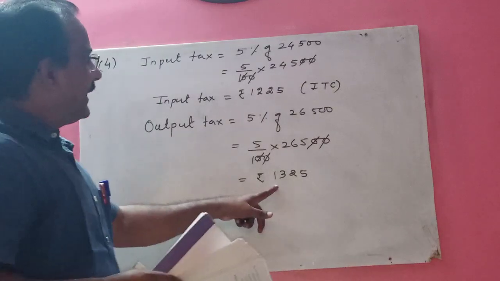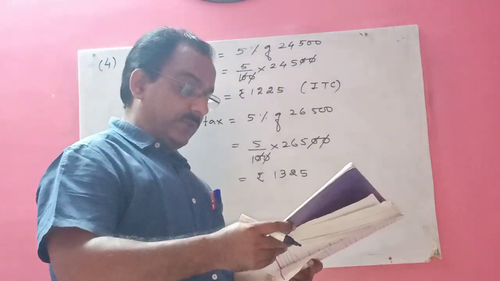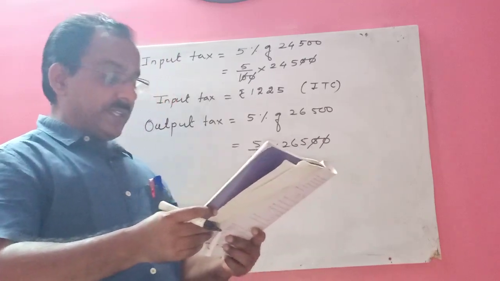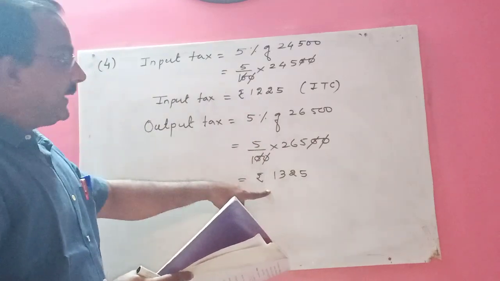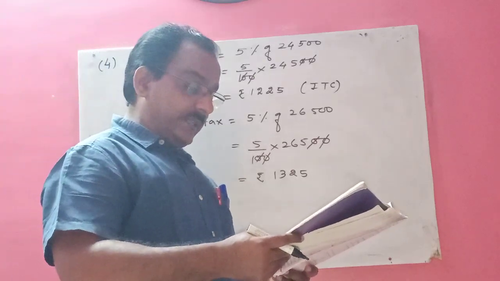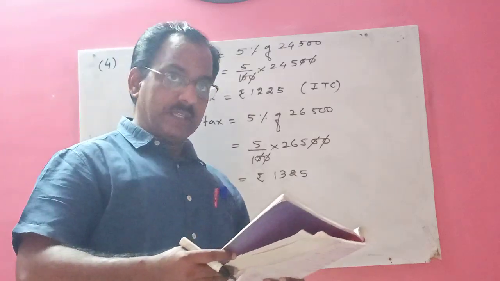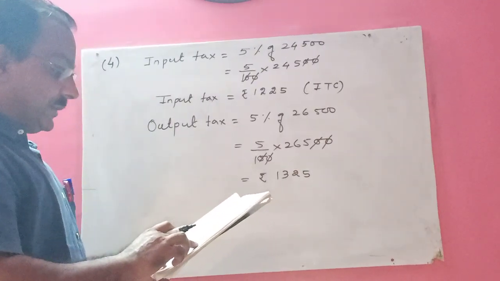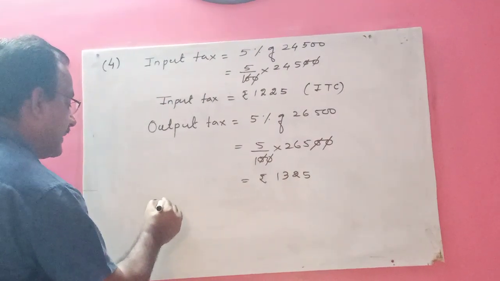Now this is your output tax, children, and this is your input tax. The question is, you have to calculate here and hence find the GST to be paid at the rate of 5%, so that we have calculated: input tax and output tax. And hence find the CGST and UTGST to be paid for this transaction. So first, what will you write here, children? GST payable.